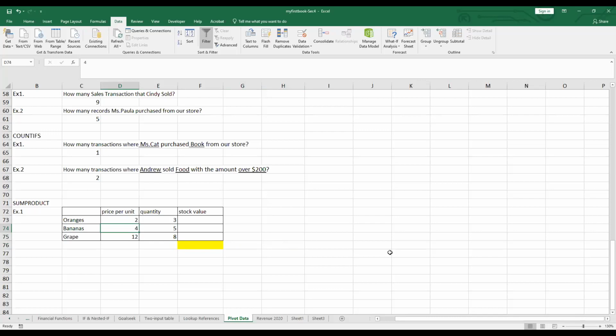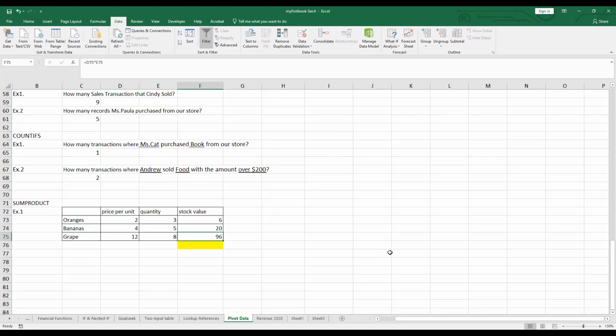Each product has its price per unit and quantity. If you want to find the stock value, meaning how much the total stock we own is worth, we multiply price per unit with the quantity. For oranges we have $6 for the stock value, bananas 4 times 5 is 20, and grape